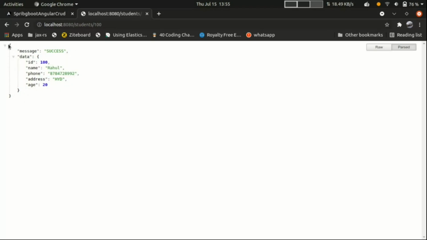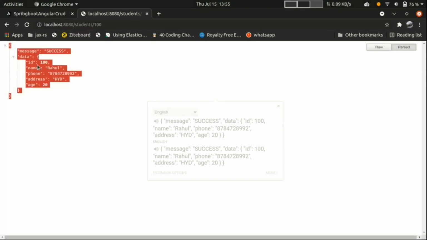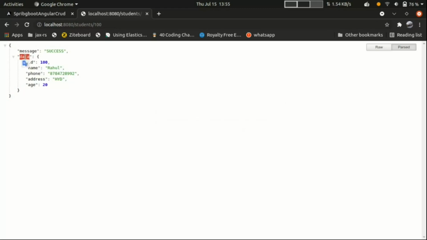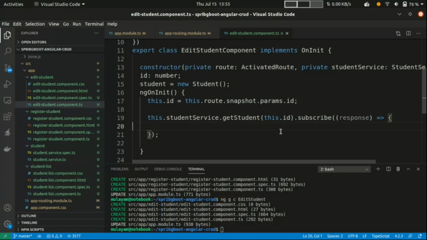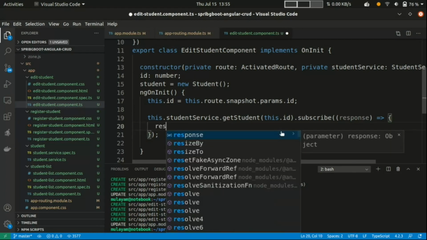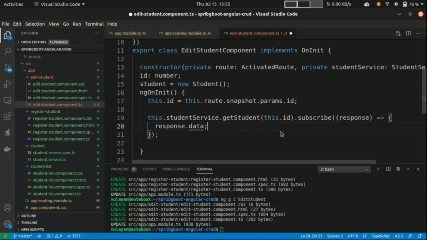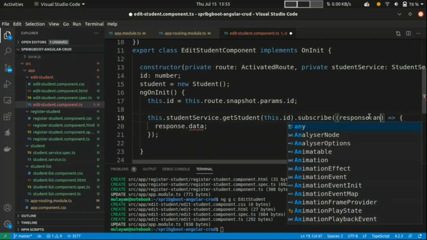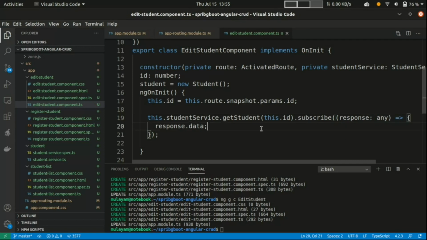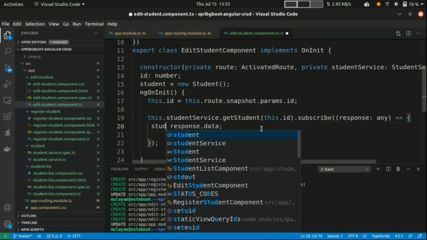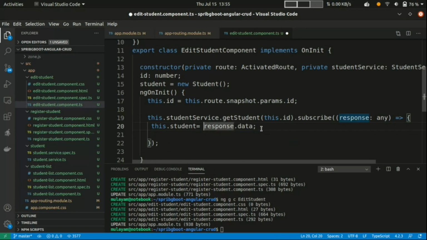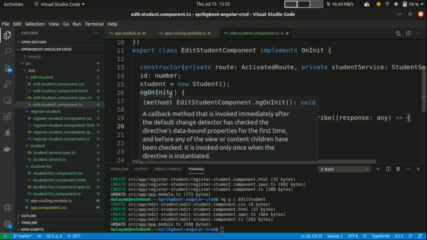I will get this object in response. If you want to get this ID, I can do response.data. It will show an error, so just write any. This data I want to assign to this student variable, this model.